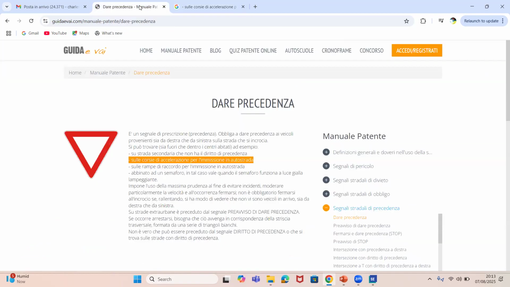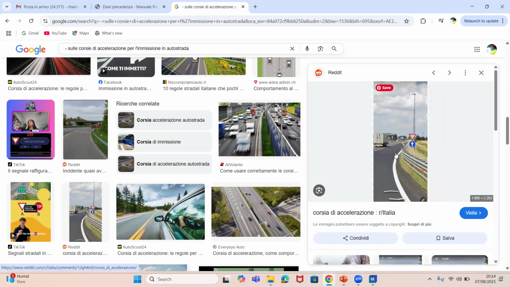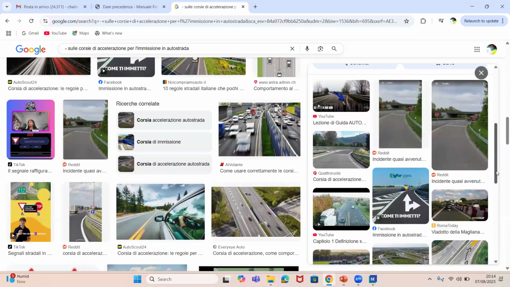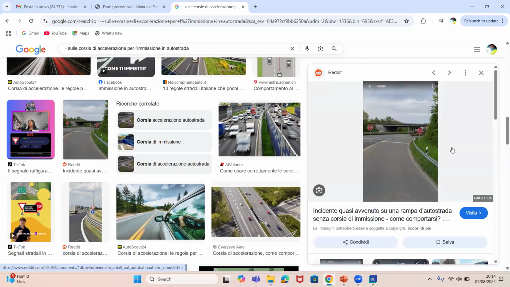They're going to say, you will see that precedenza for where they call corsia di accelerazione. See, for those who remember, in corsia di accelerazione, you will see this guy there. Why do they call it strada secondaria, in your opinion? Who can answer? Mr. Geoffrey. Because it has no director president. Watch. My question now, why do they call it strada secondaria? I don't say you don't get it, but can you break it down?